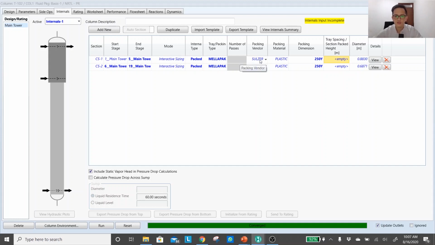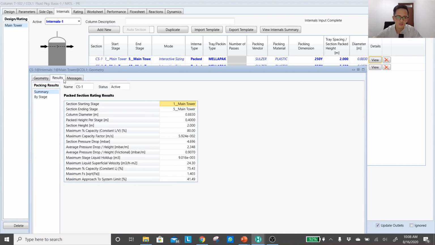Okay, roughly for a structured packing such as Mellapak, I guess the number would be around 0.4 meter for each stage. So if we have 5 stages, that means our section pack height would be 2 meter, 5 times 0.4. And for the bottom section, now we have around 14 stages. So 14 times 0.4, that would be 5.6. Okay, so now you get a bigger diameter, but you actually get a shorter column, and this could be even cheaper than the previous design.